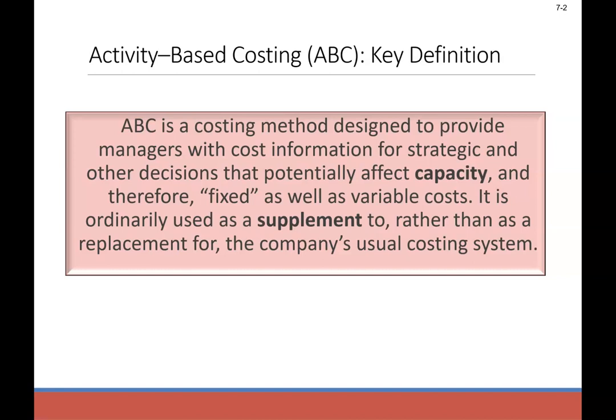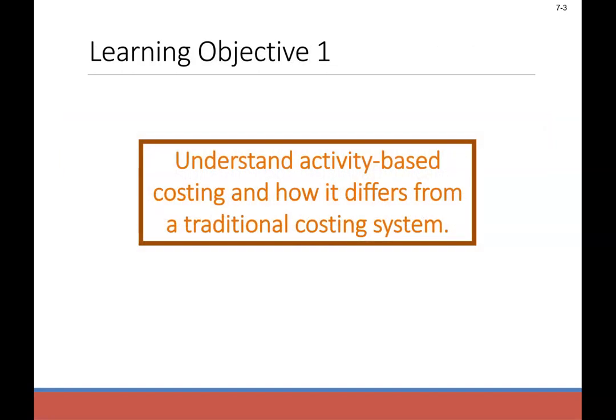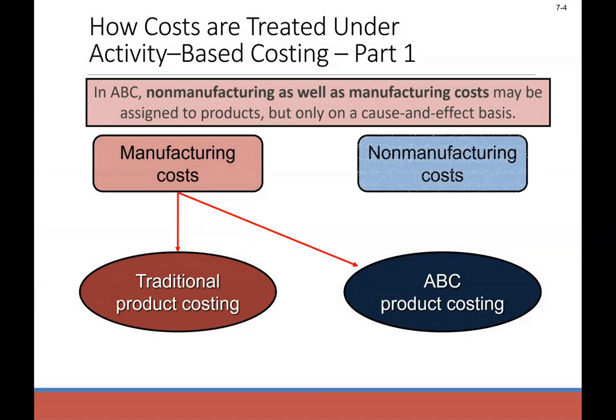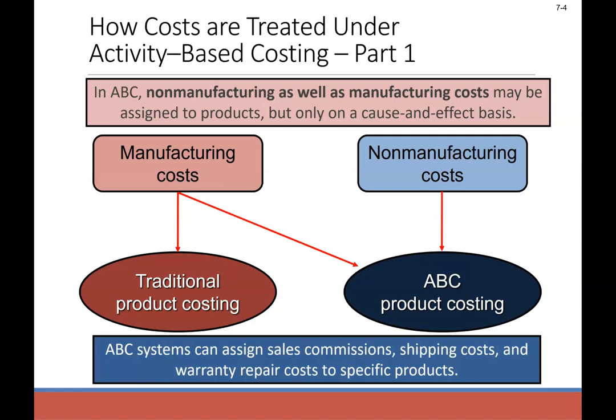It's ordinarily used as a supplement rather than a replacement for the company's usual costing system. As a result of them adding another costing system, it's involved, it's costly, they're running two systems at the same time. So how this differs from one of the traditional systems that we've been using, with ABC in either manufacturing or non-manufacturing,